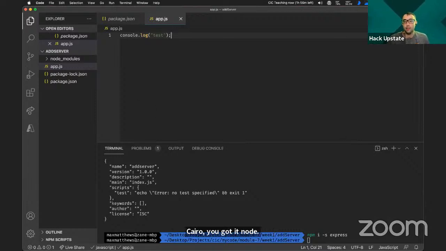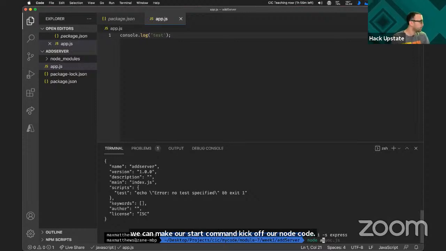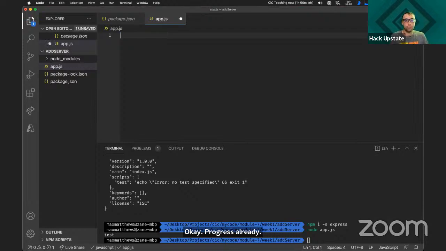Brandy, we're not going to use start quite yet, but I can show you guys later on how we can make our start command kick off our node code. So I'm going to come down into my terminal. I'm going to type in node, and I'm going to type in app.js, and we got our test logging out. Okay, progress already. Now I would like to pull in Express.